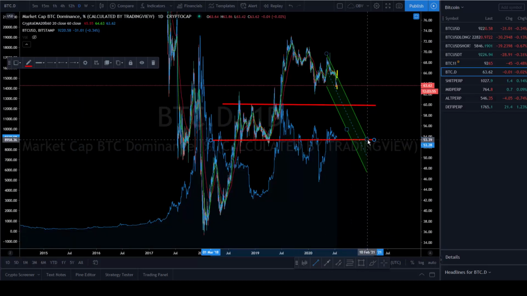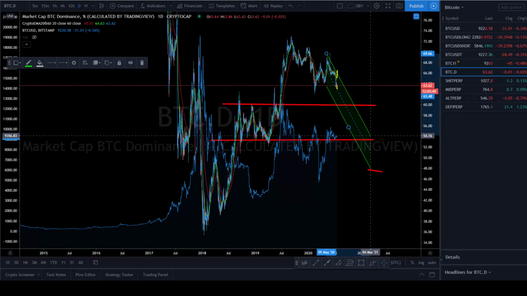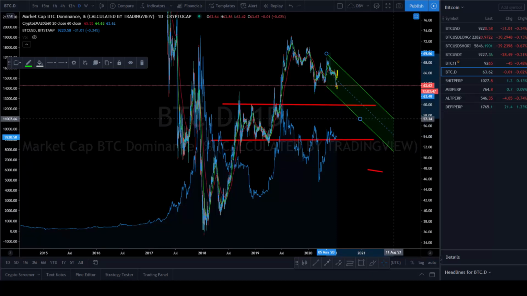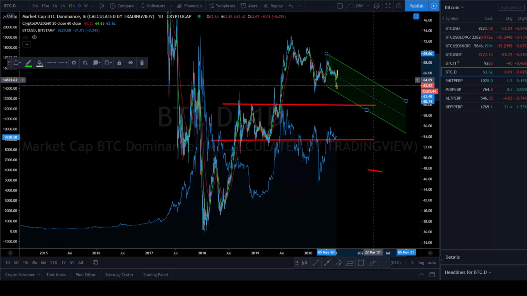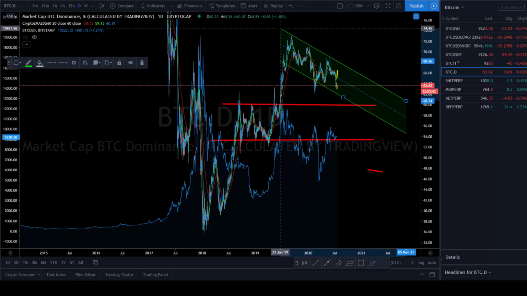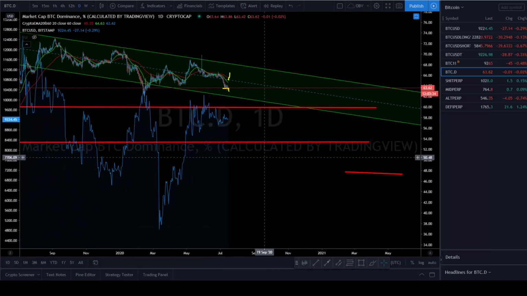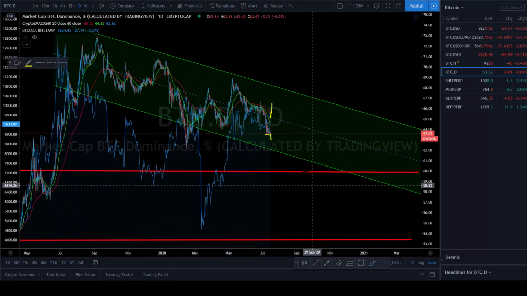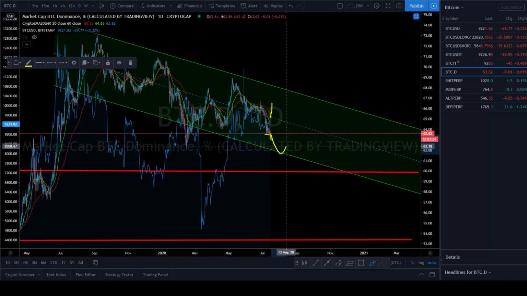I don't know if it'll be this kind of angle or if we will more likely get, let me get this out of the way, an angle more like this. Should we get an angle this way, we can expect a run of dominance to be on its way like this before coming back.